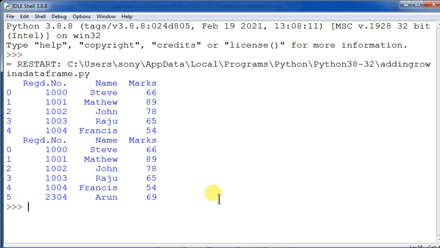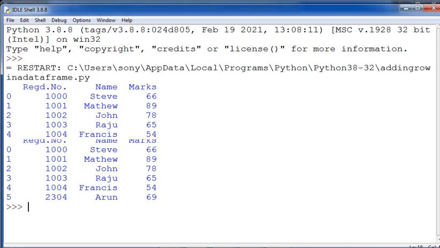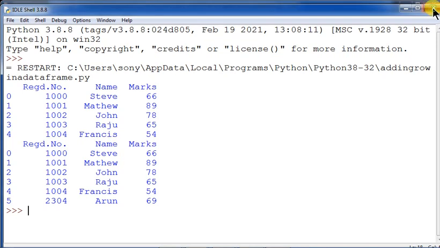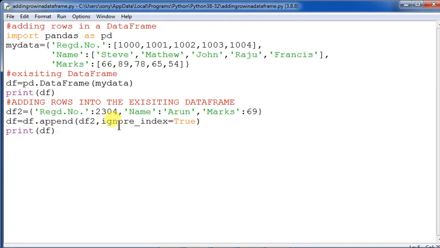This is the way to add a record, or a row, in a data frame, which is very, very important. There is nothing extra; you only have to take the data frame data. Whatever you want to add in the form of a dictionary, you use the append command, and you give the attribute ignore_index=True.